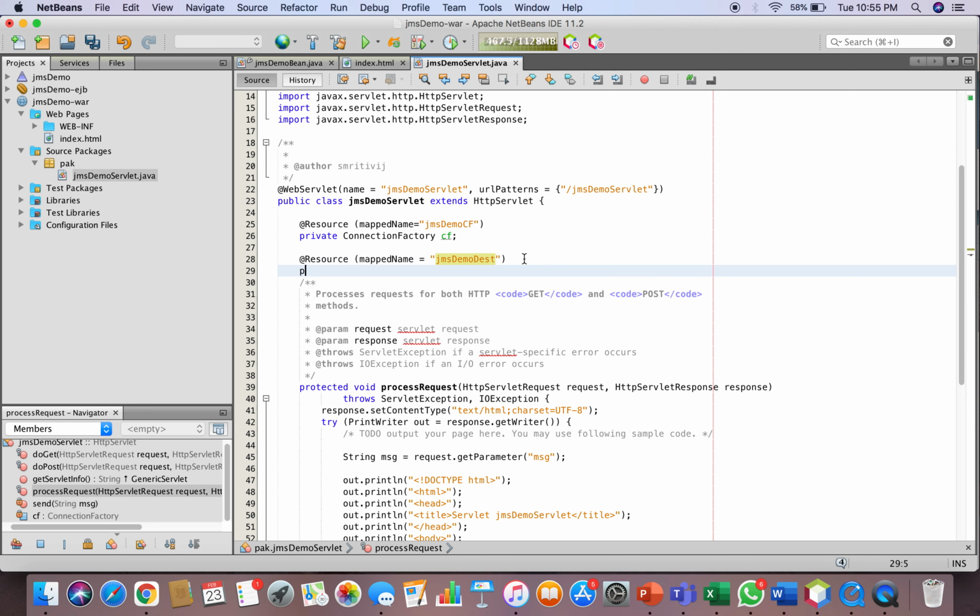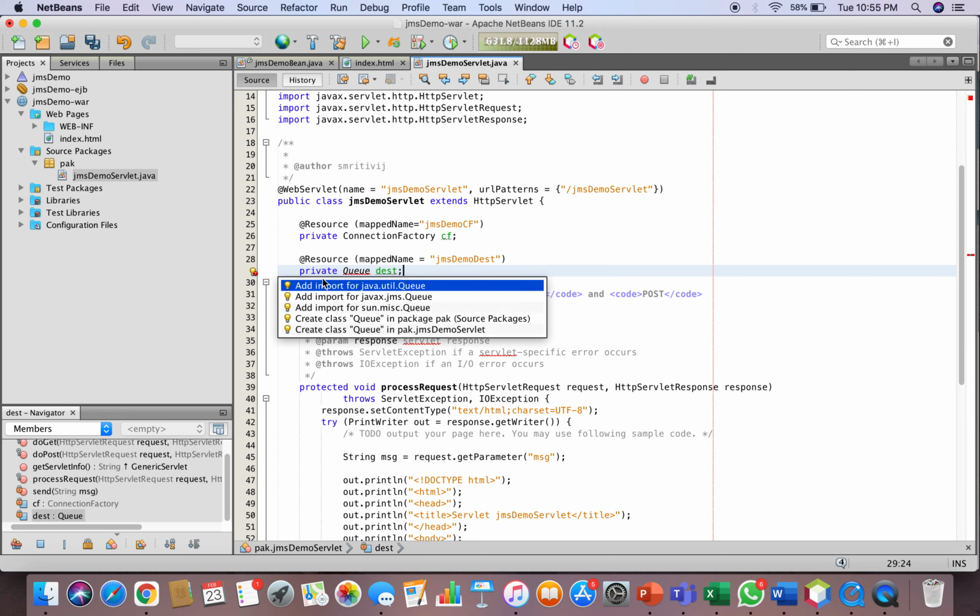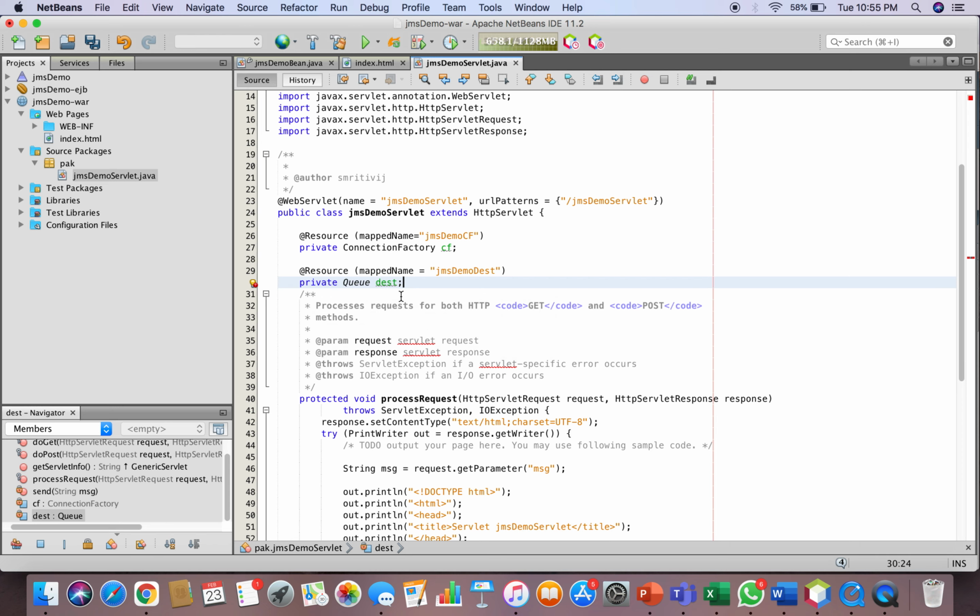Okay, now we'll create an object. As our destination resource is queue, so we will use the private queue. Let's import the queue. Make sure you import javax.jms.Queue, not util.Queue. Okay.